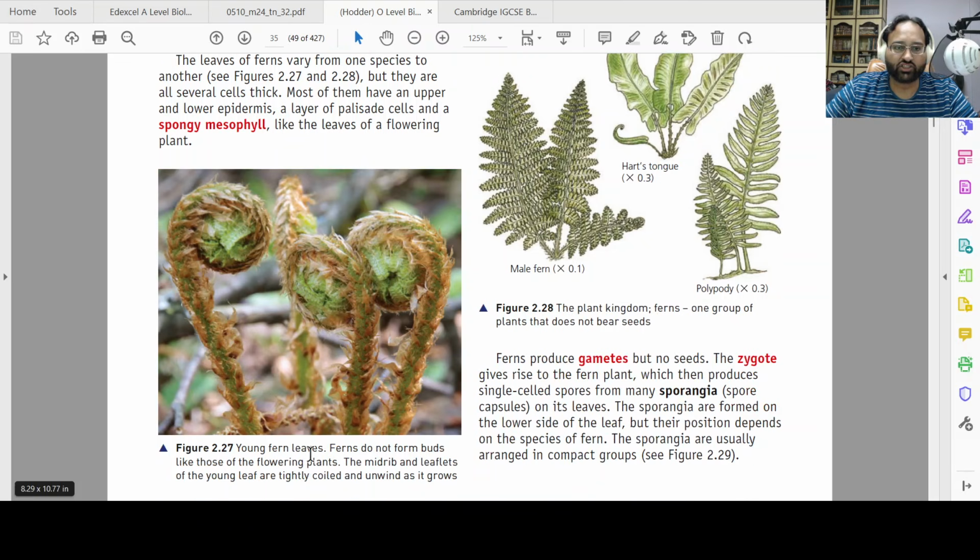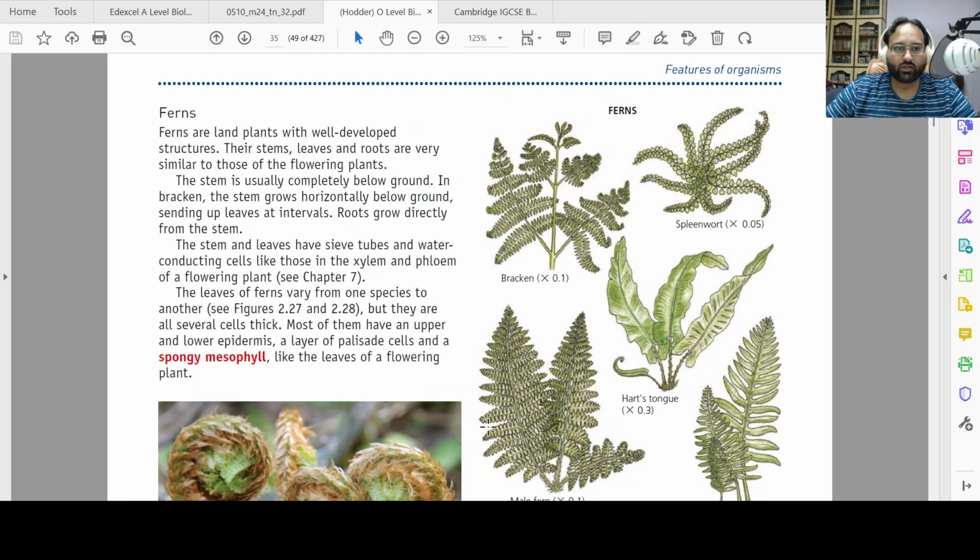Hmm. These are young fern leaves. Oh, okay. I've never seen a plant like that before. Okay. So ferns are land plants with well-developed structures. Their stems, leaves, and roots are very similar to those of flowering plants. The stem is usually completely below ground. In bracken, so these guys,